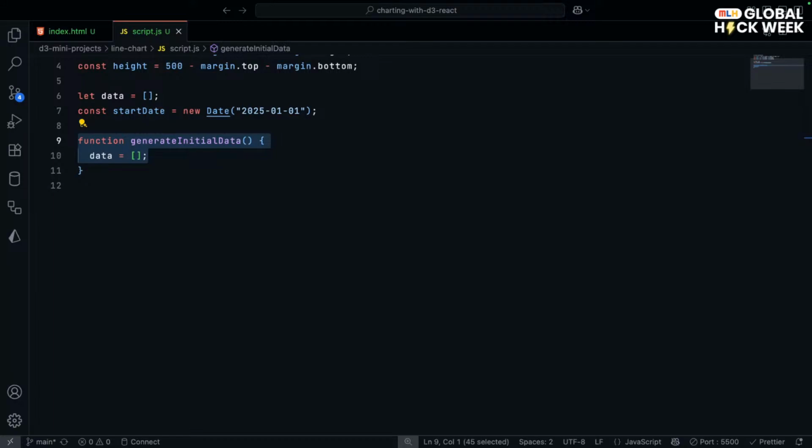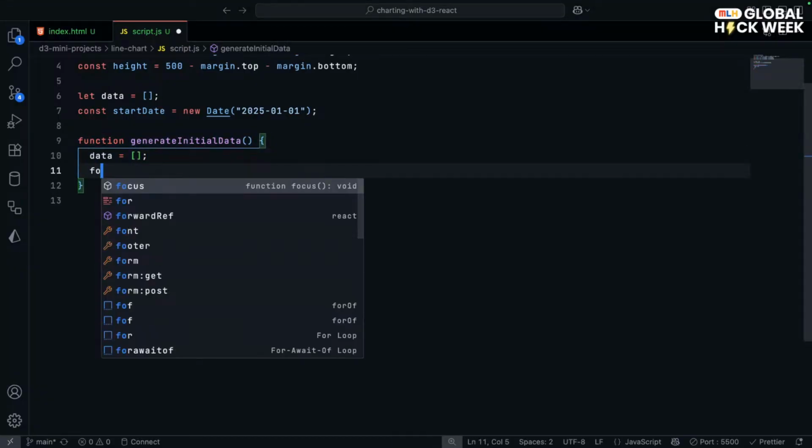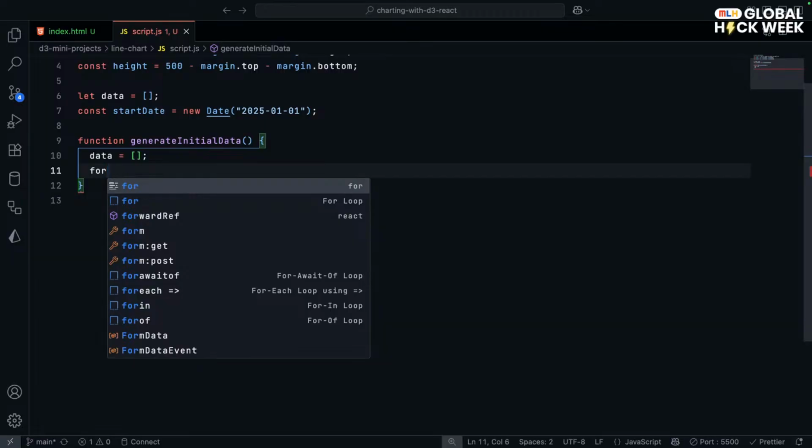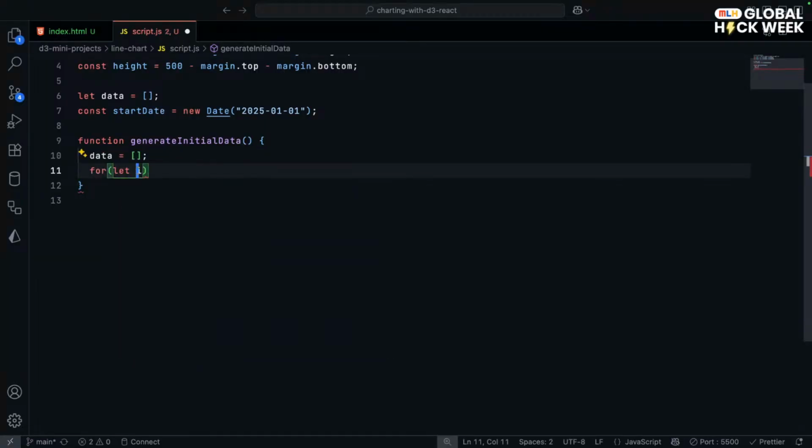What is a time series data? It means there is some number, some date involved. Okay, some date or some time involved in it. That's why it's called time series. Okay. So data equals an empty array, and now I can do a quick for let i equals 0,